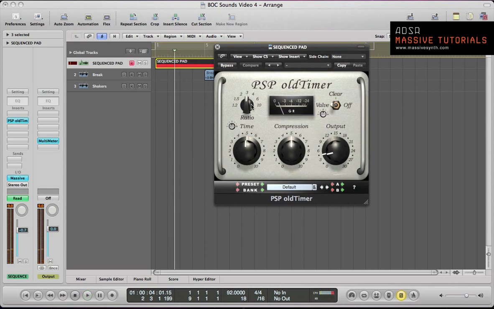We want to go quite subtle again with this. It's quite a subtle compressor, so even on ratio 4:1 it's still sounding quite subtle. Put this time forward a little bit. So I think this time is just controlling the attack. I think the release is automatic on this compressor, so you push the compression amount up a little bit. So we're getting about 4 or 5 dB of gain reduction,